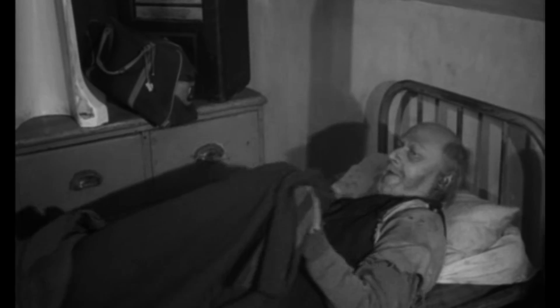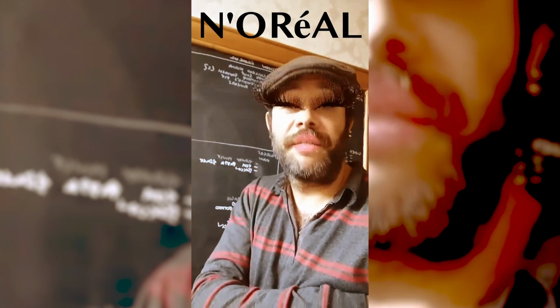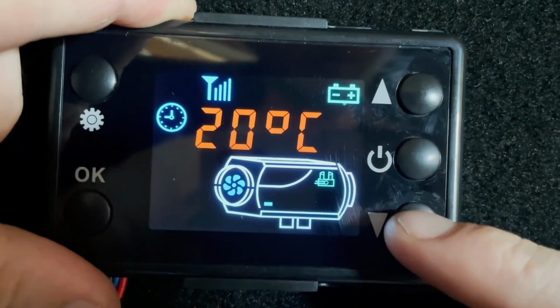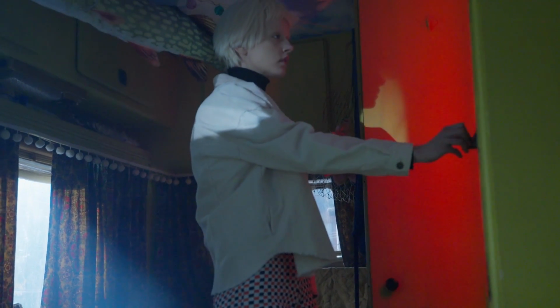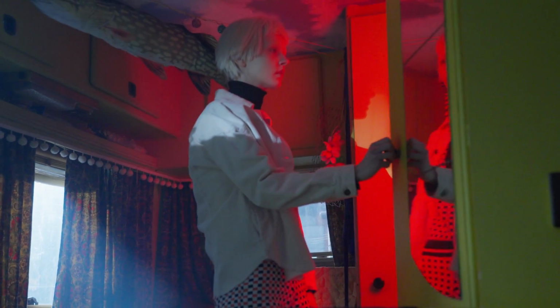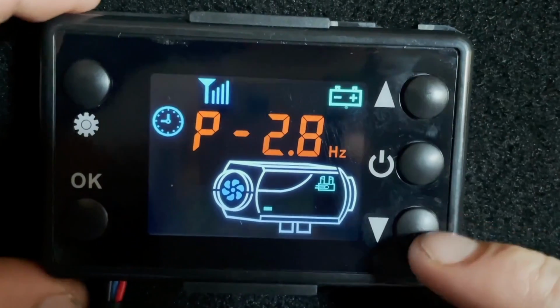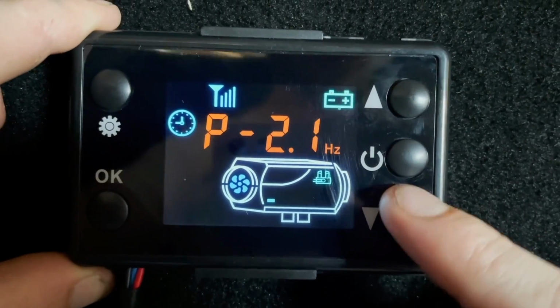Let's do some calculations. Here's the science part. Concentrate. With these heaters in temperature mode, it would be near impossible to measure the fuel consumption because of the amount of variables, like the size of your van, how well insulated it is, what the temperature is outside, whether you're wearing knickers or not. But if we put it in Hertz mode, it's possible to accurately measure the fuel consumption as there is a